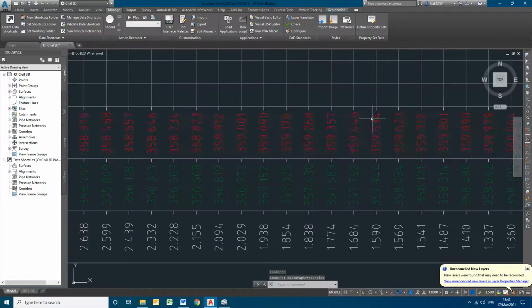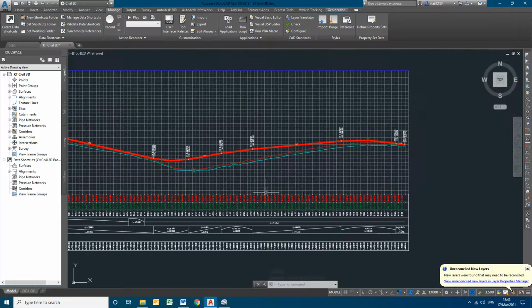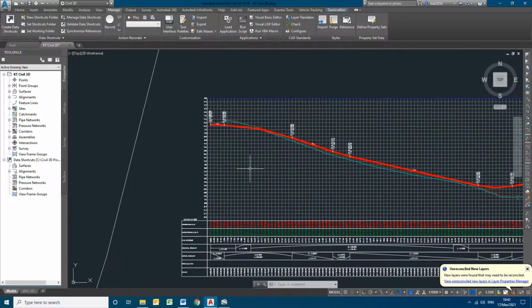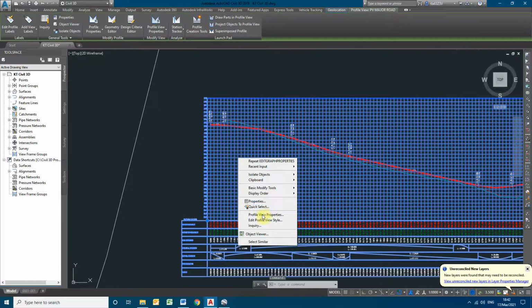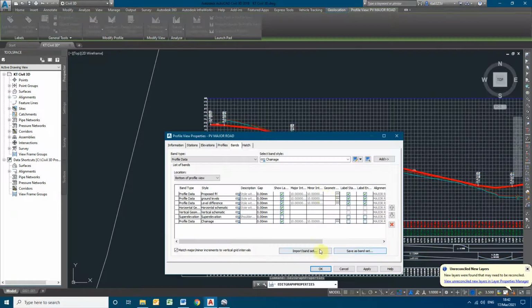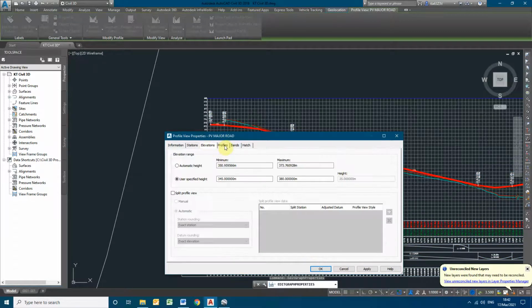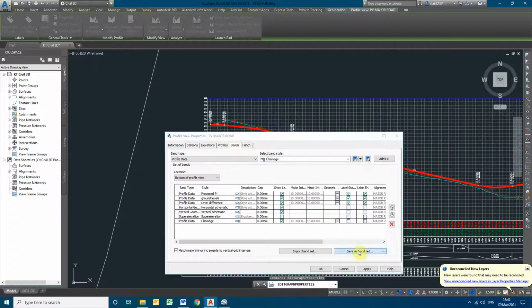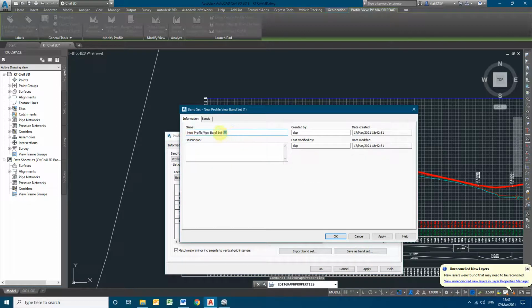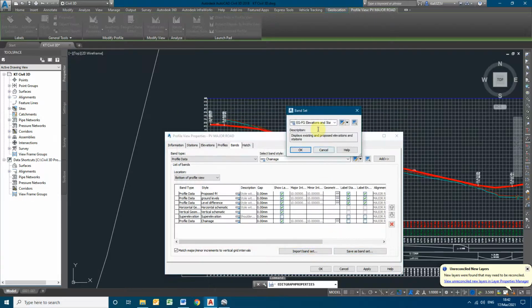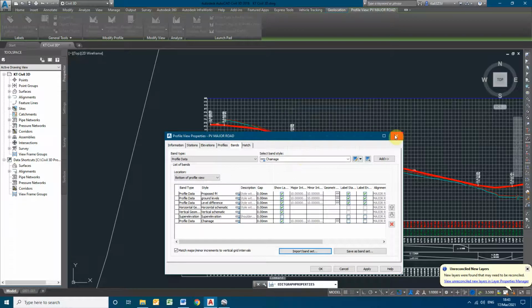In the same way, the colors, the lines, the distance, the grids, everything can be saved. So once everything has been filled, you can save this band set with some name as per your convenience. It will be saved. Import band set. So next time if you want, you can directly use the saved name and apply it so that the same will be applied.